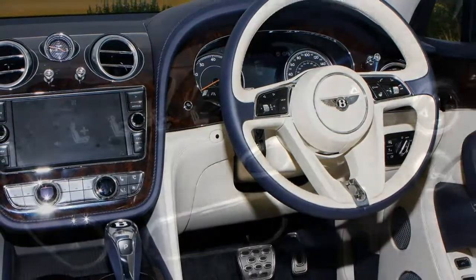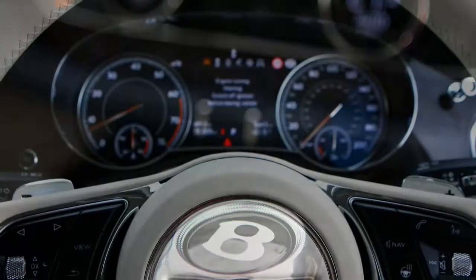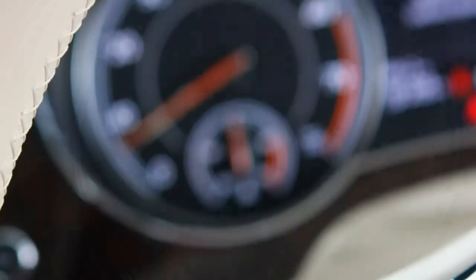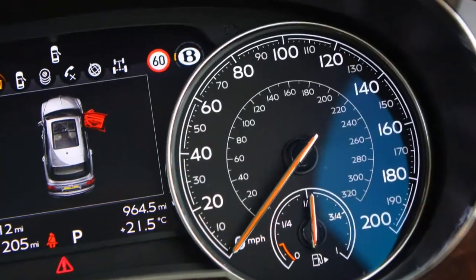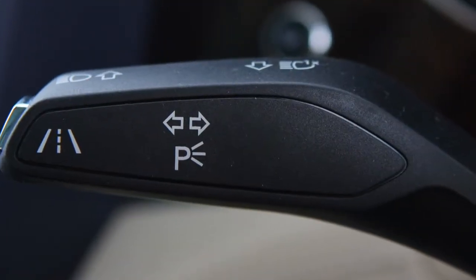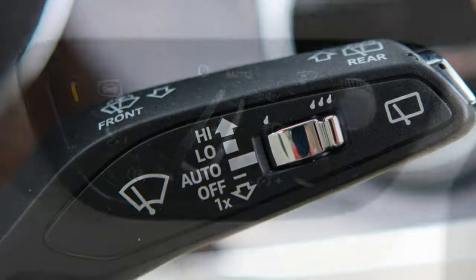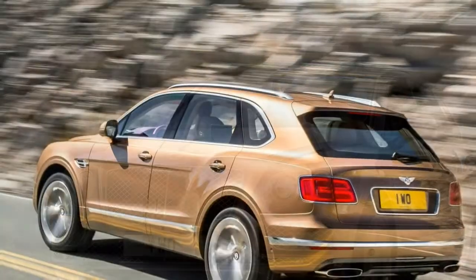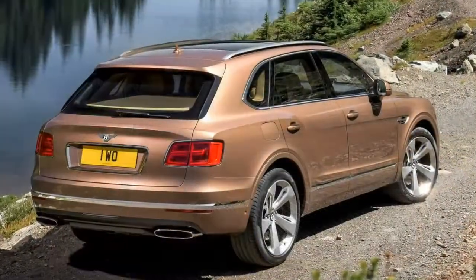Petrol power only at launch. Fantastic W12 twin-turbo motor. 8-speed automatic gearbox. The Bentley Bentayga runs on a newly developed 6.0-liter, 12-cylinder, twin-turbocharged petrol engine, so its performance is outstanding. It develops 608 horsepower and 900 Nm of torque, the latter available between 1,350 and 4,500 revolutions per minute, meaning 0-62 miles per hour acceleration is as quick as a startling 4.1 seconds, while top speed is 187